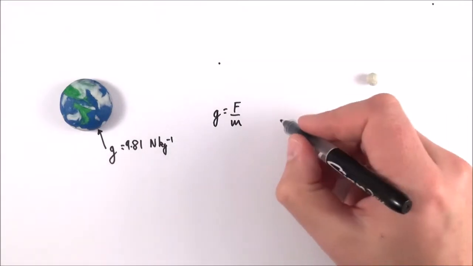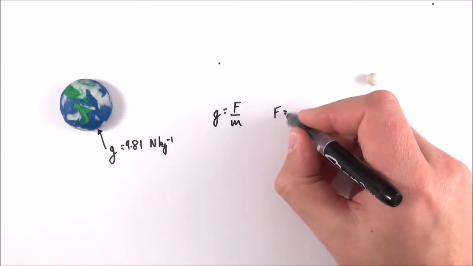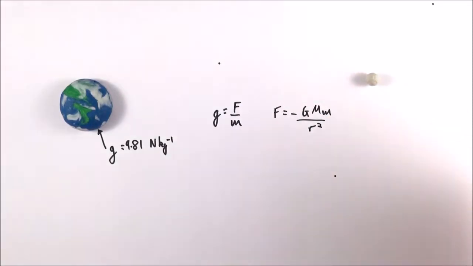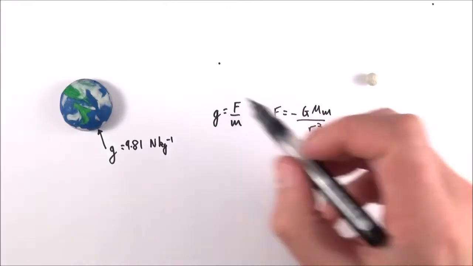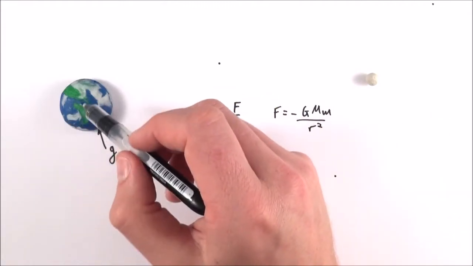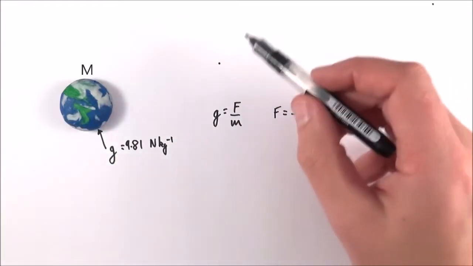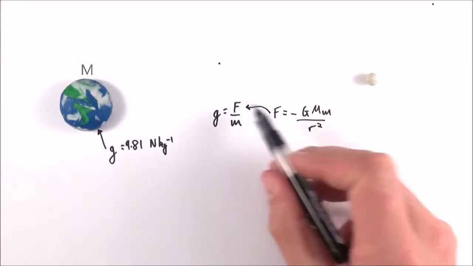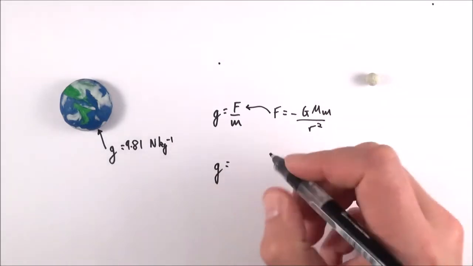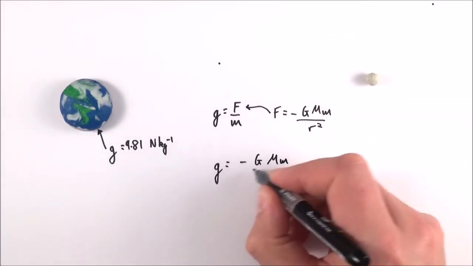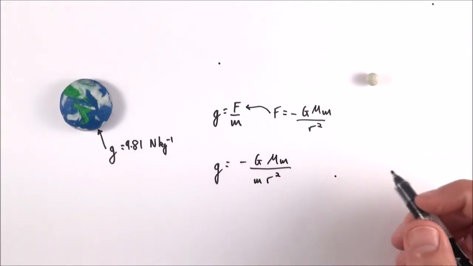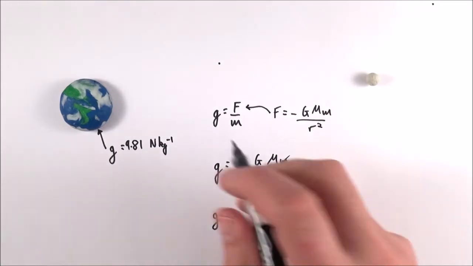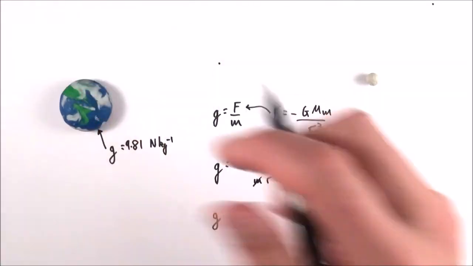But we've also seen from Newton's law of gravitation that F is equal to minus GMm over r squared. And basically this is the size of the force and it's related to the mass, so we'll call big M the mass of the Earth, and little m the mass of the object around it. So basically what we can do is substitute this F back into this equation over here to say that g is equal to minus GMm over m r squared. What we can then do is cancel the m's to say that at any point radially around this object here, g is equal